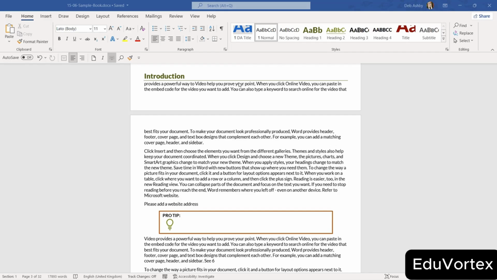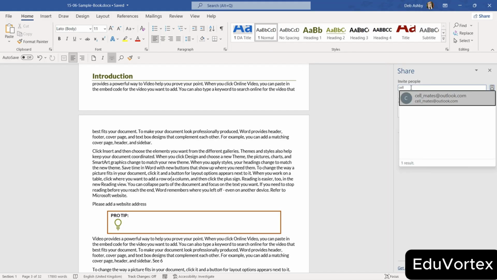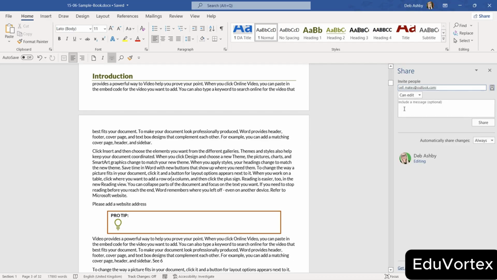So it really is true collaboration. Now, I'm going to try and demonstrate this to you. I am simply one person, so I'm effectively just going to share this with another one of my accounts. So let's jump up to the share button, and I'm going to share this with myself effectively. So let's invite one of my other email addresses. There we go. I'm going to say that this person can edit, and then we're going